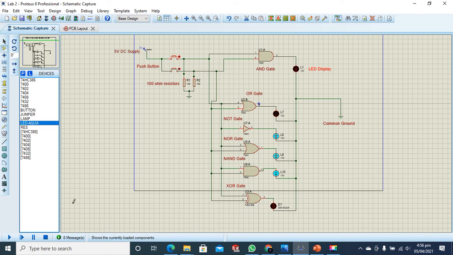First of all, if we apply 0 0 at the input and start the simulation, you can see that the NOT gate shows us a higher output, the NOR gate shows us a higher output, and the NAND gate shows us a higher output. We can check it through our truth table.